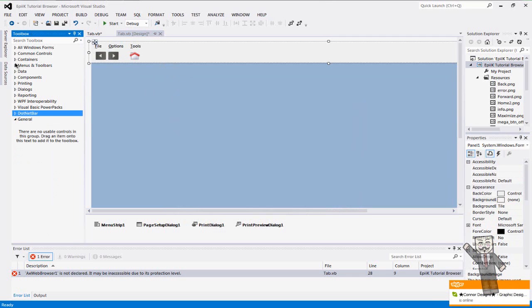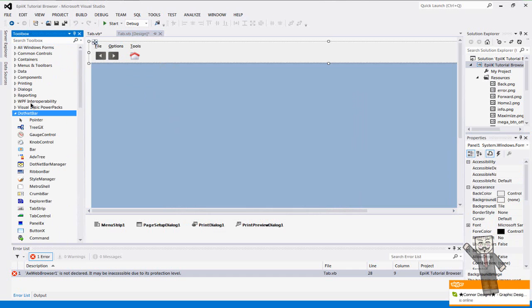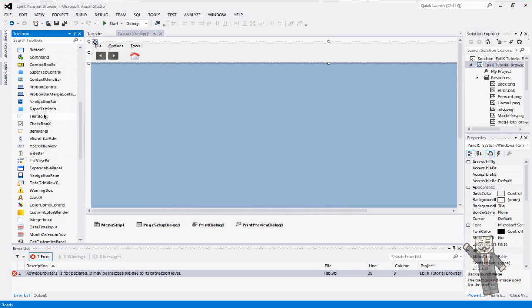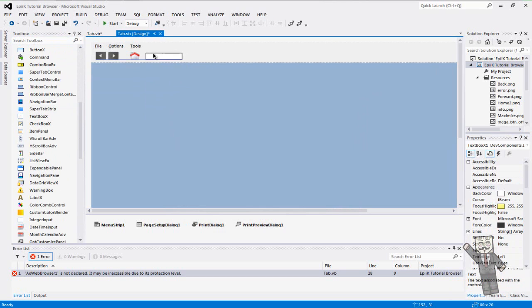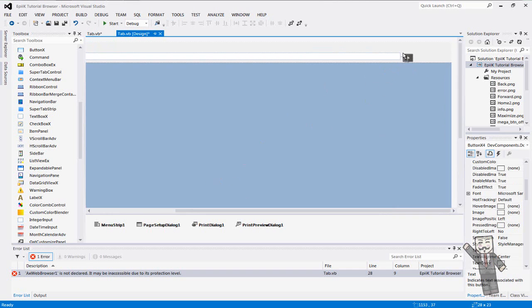So now we are going to go and add in the text box. You guys can go add in the text box from your Windows form, but I'm adding the text box X, which you guys don't need to worry about. So I'm going to add it in about here, and I'm going to drag it to the end, not literally all the way to the end because we still have buttons to add. Then we're going to press Control V because that's going to then add in another button. We're going to put it right here,